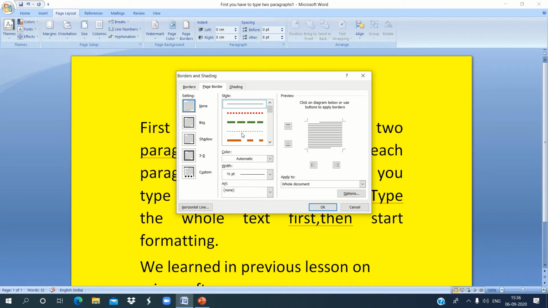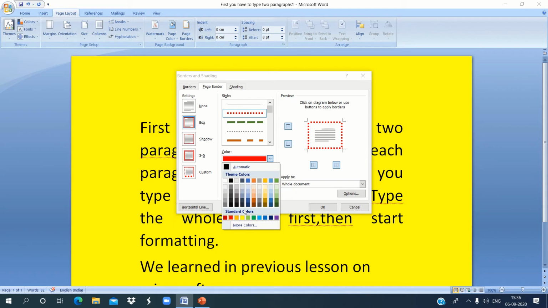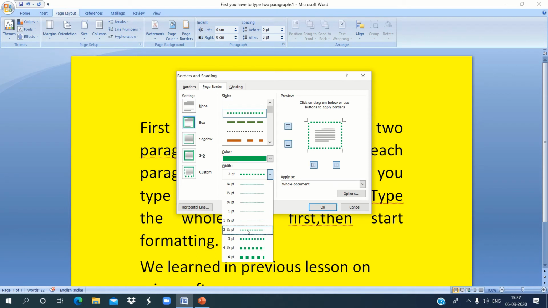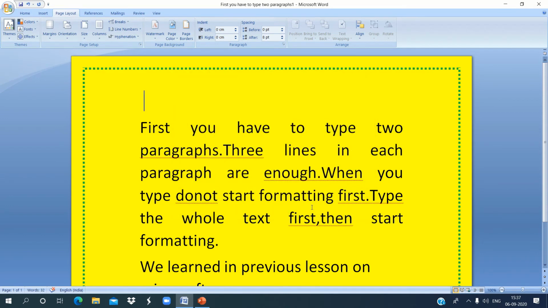First, I change the style. Then after that, I change the color of the border. Here I select green. Then from the width, I can set the width of the border. After selecting style, color and width, you have to click OK. Then our border will be set.